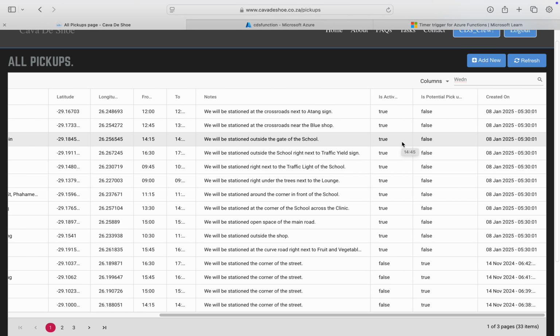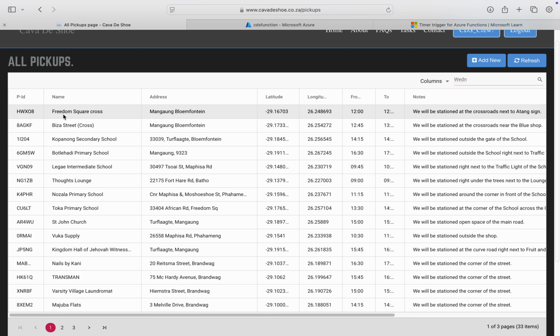I need you to pay attention to something. This one is now active. Remember I said pay attention to 2 tabs, or columns. The value of its active is true, and the value of its potential is false. So why is it showing confusing results? This is why I need you to pay attention, meaning that